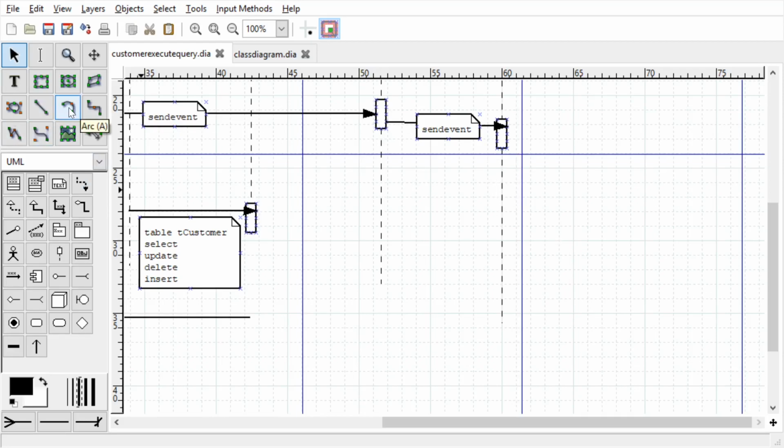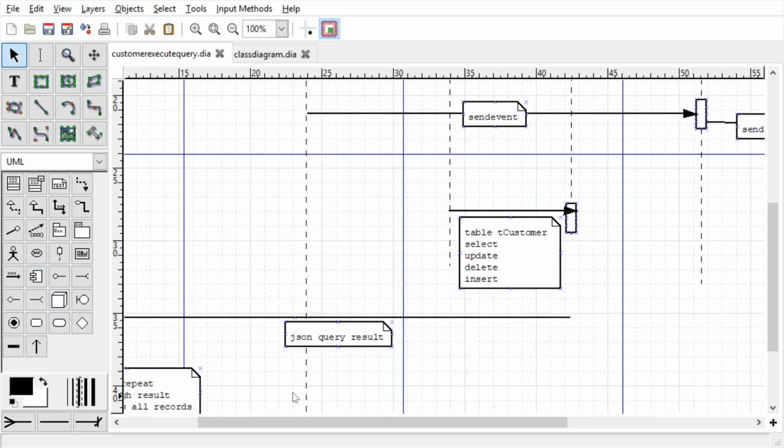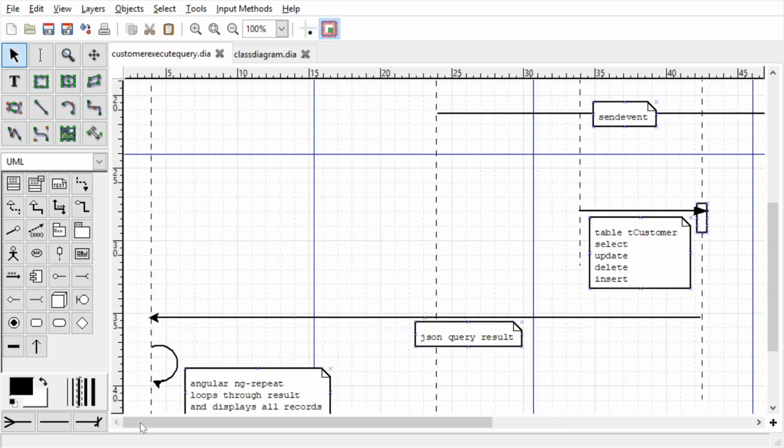Is this the arc? Yeah, but no, this is something else, I think. Where did I get the arc from?